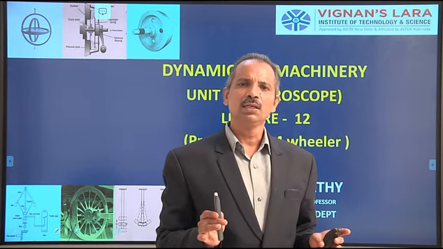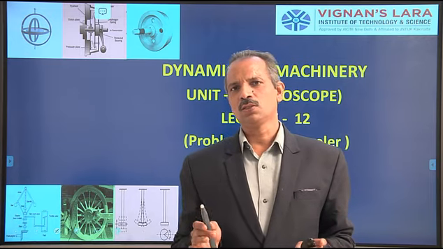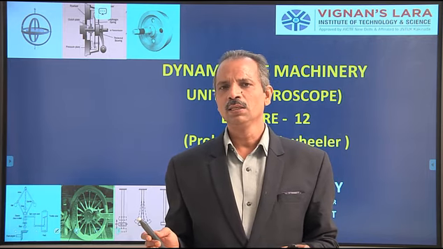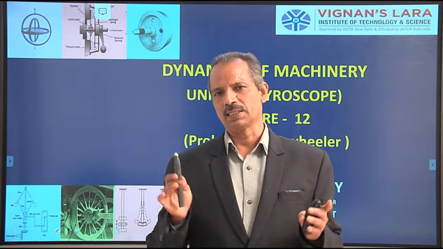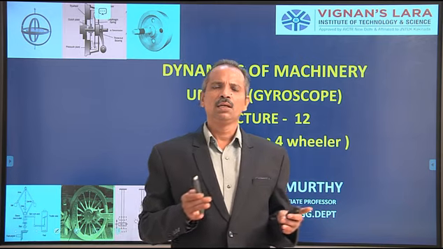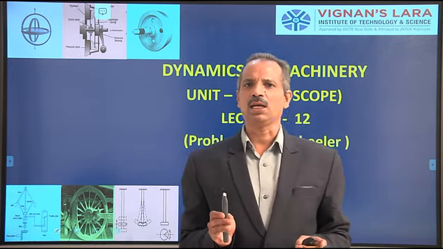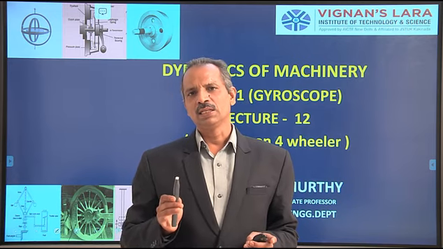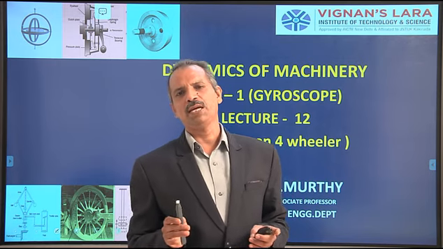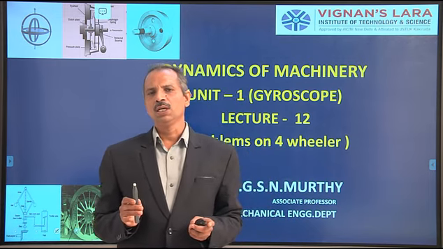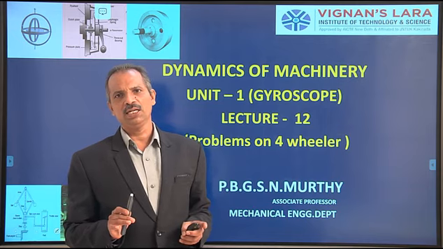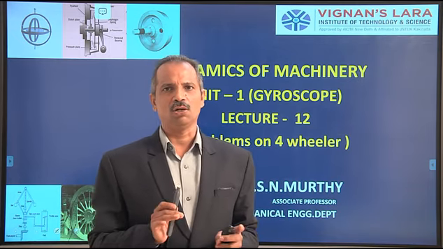There we have seen how to find out the reactions due to gyroscopic couple, due to wheels as well as due to engine, and the centrifugal couple and its reaction and self weight. Then we have taken the necessary condition, the inner wheels are prone to cause skidding. That is why we have written that W by 4 minus P by 2 minus Q by 2 is greater than or equal to 0. There we have substituted the given data and we have calculated the value of V.